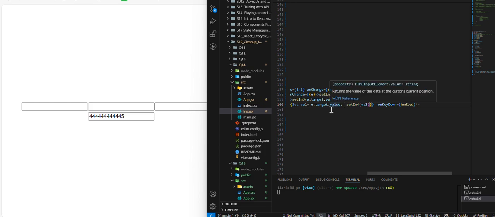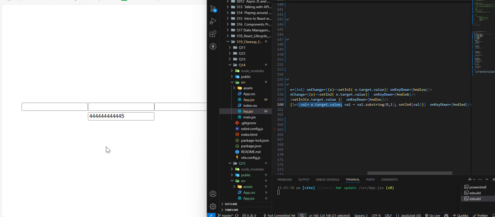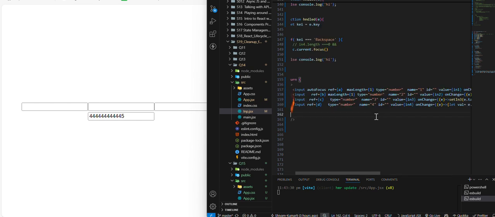Because of this, I have to write an extra set of code to give the condition to make it only one value input. So how I'm doing it: I'm accessing the value that we are getting here, in val, and then I'm assigning it, getting the value